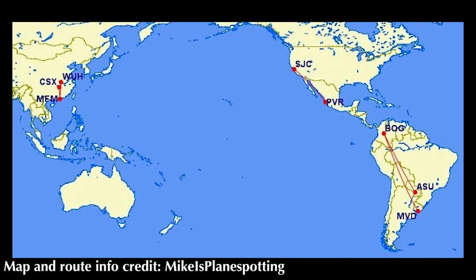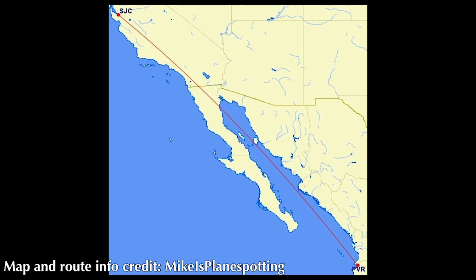And then next up, we have the route news. And I have actually got some route news this time. It's been a while, but we do have some route news, so we'll get started right away. For routes this week, we have 5 of them. The very first is Alaska Airlines will be starting San Jose service to Puerto Vallarta in Mexico. It'll be on the A320, and it'll be once daily seasonal starting March